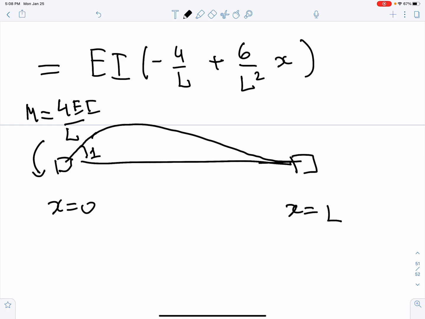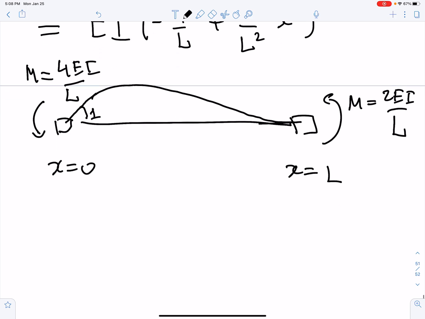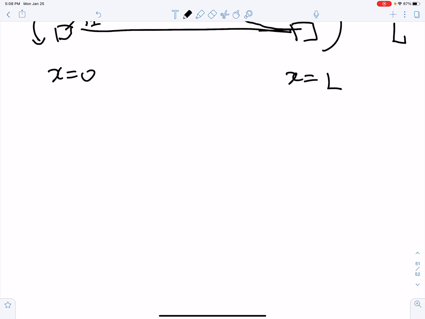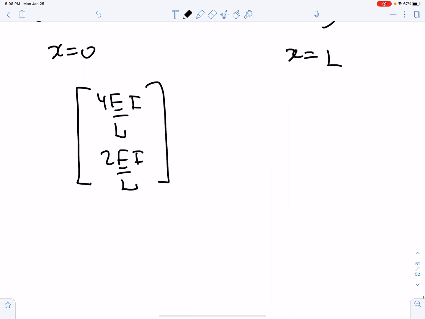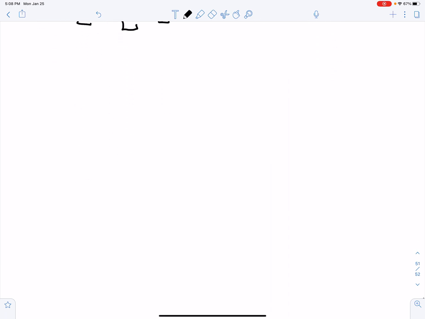And you find that the moment there equals 2 EI over L. So you go and package it into the first column of the stiffness matrix, 4 EI over L, 2 EI over L, like this. Then you repeat